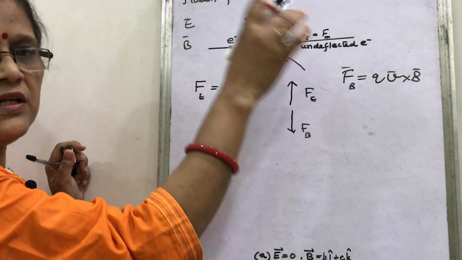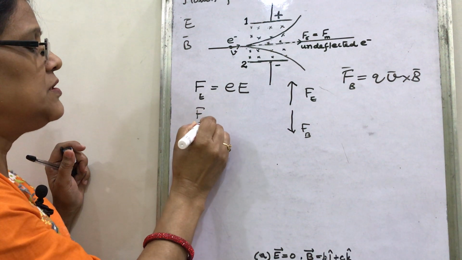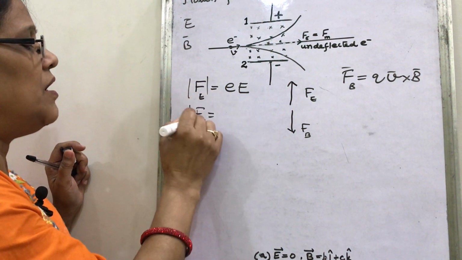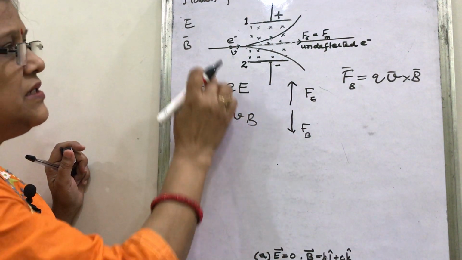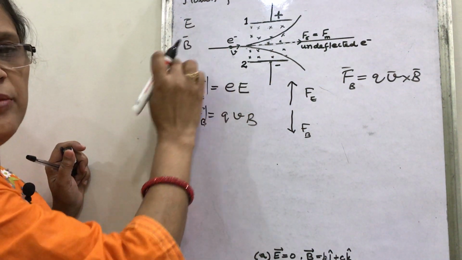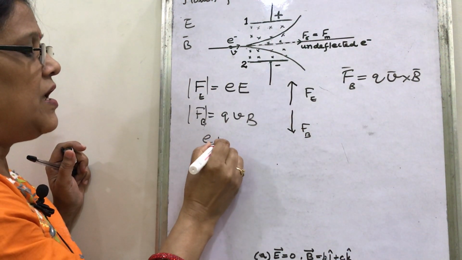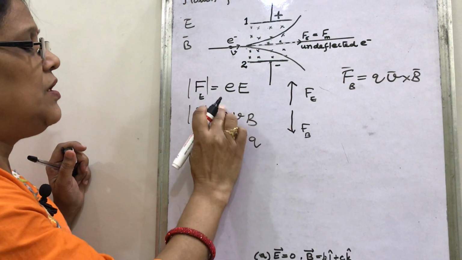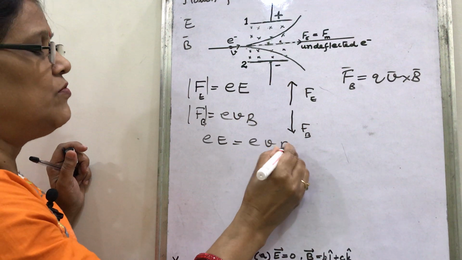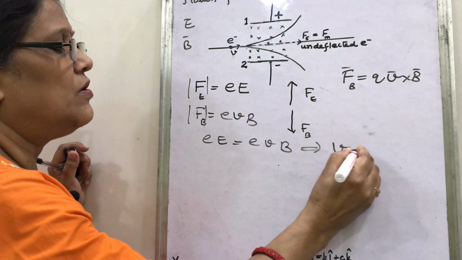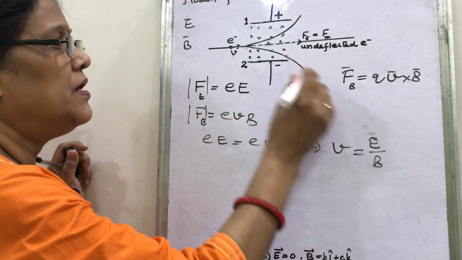in the given region in such a way that these two forces, magnitude wise I am writing here, this is QVB, balance each other by adjusting the value of electric and magnetic field, so that we can write Fe equal to EVB for the electron. We have taken charge E, and what you observe here is that the velocity is E upon B and it remains in